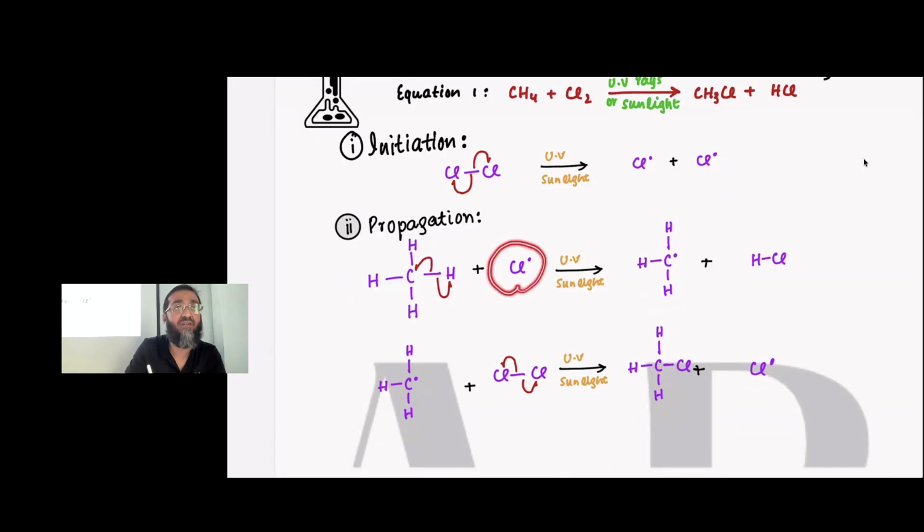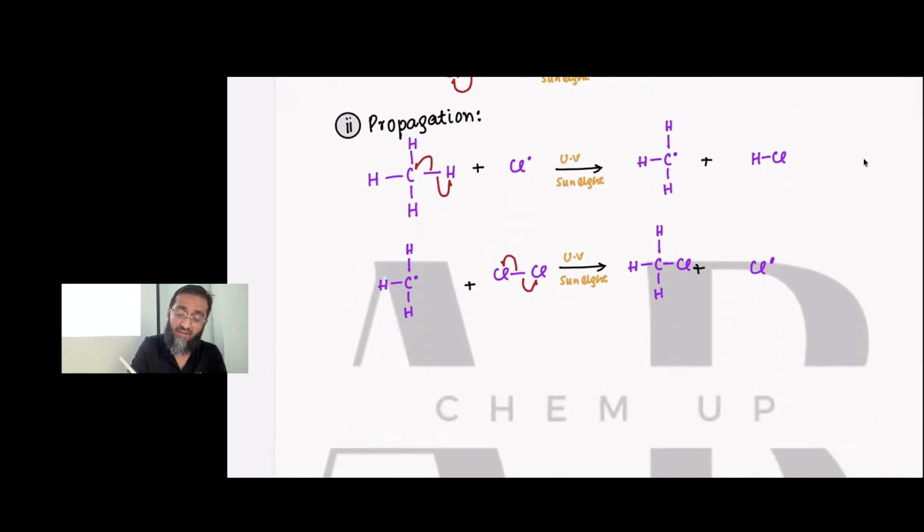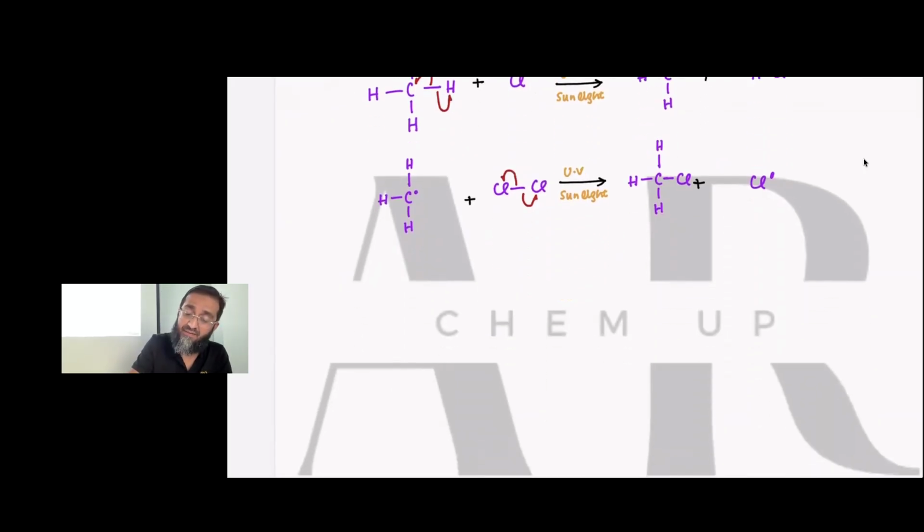At the start of the equation, we have one radical. When this stage is done, we get another radical. Similarly, over here we have a methyl radical, but when this methyl radical is reacted, we will get one more radical, another radical, which is chlorine. So after propagation, the third step is what we call